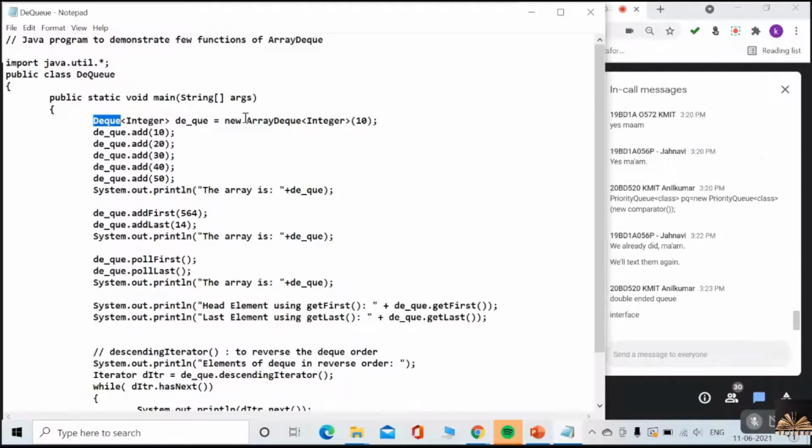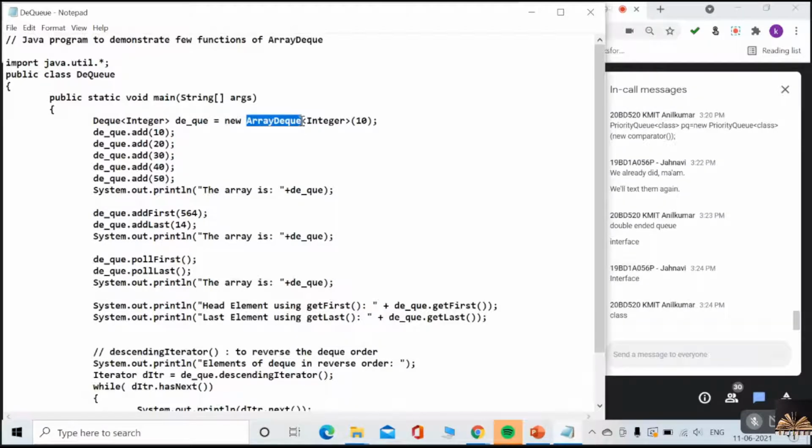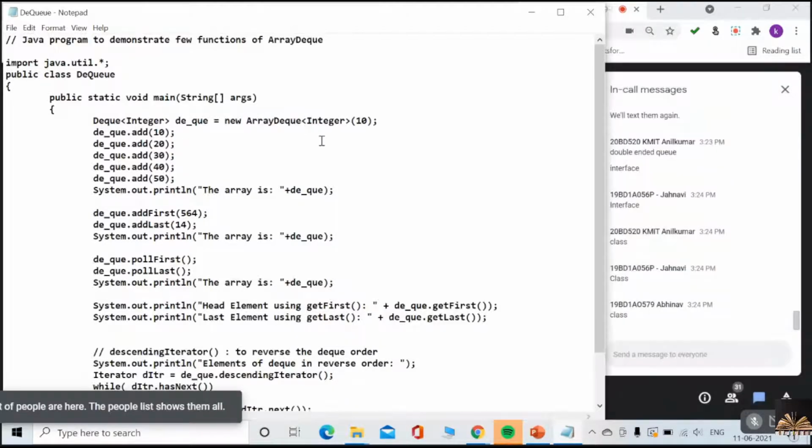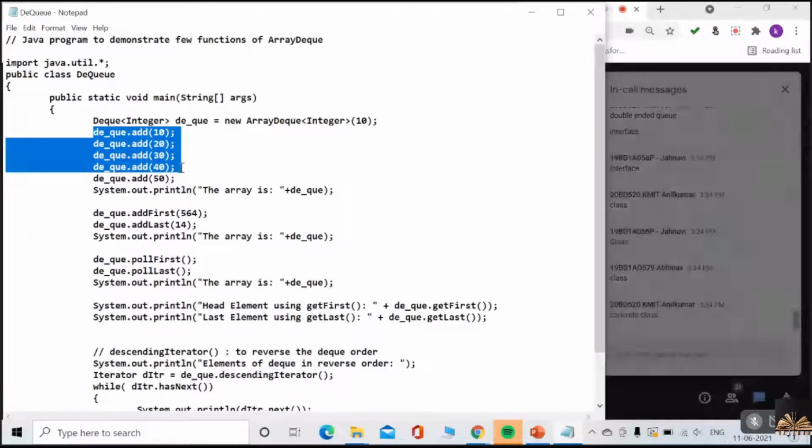On my right side, ArrayDQ is a class. That is, the class ArrayDQ is implementing DQ. That is, I am creating an object of the derived class with the interface reference. The interface reference can be used to point to your class object.